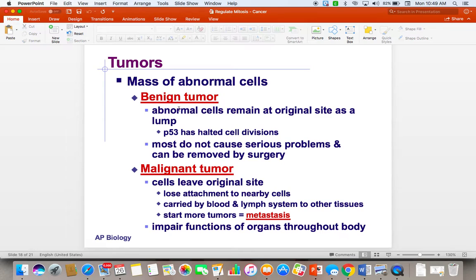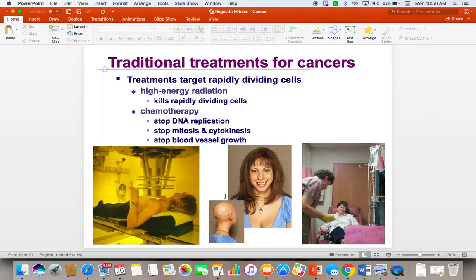Benign means that you have a tumor. It's abnormal. It's kind of like freckles or moles, things that we're not worried about. Malignant means they're bad. And so malignant tumors and the cells from malignant tumors, they can go and travel other places. Of course, if someone gets cancer, there is